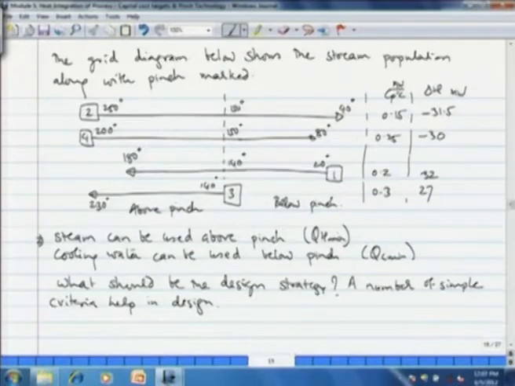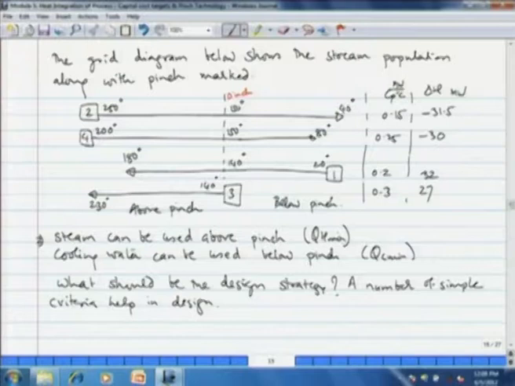What I will do is demonstrate the stream data in the form of a grid diagram that is appearing on your screen. I have given the pinch as a dotted line. So, this is the process pinch. The pinch temperature for hot streams is 150 degrees, for cold streams is 140 degrees. We have determined this using the problem table algorithm in the previous lecture. We have a total of minus 61.5 megawatt of heat excess, and we need 59 megawatts of heat for heating of the cold streams.